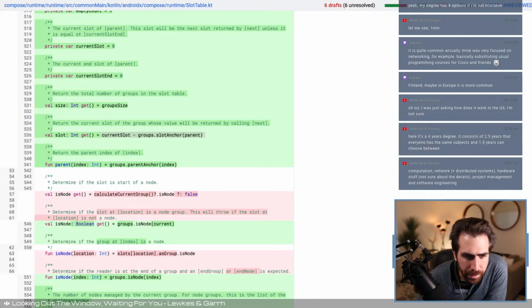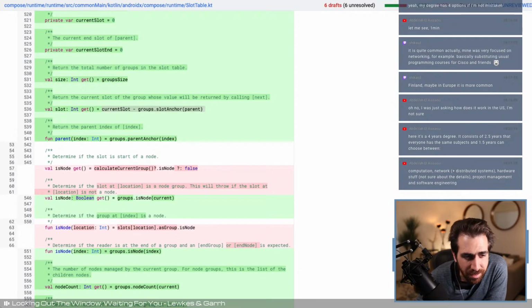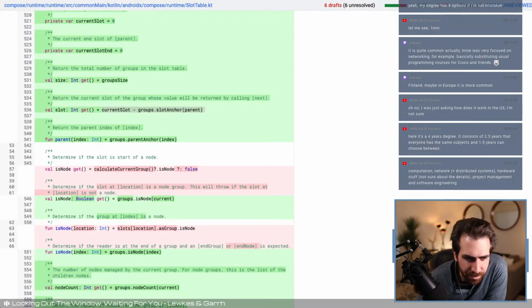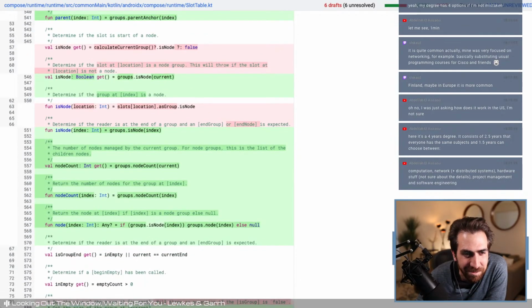So the parent index of index returns the parent index of index. Okay, so that means for slot of index, this will give me the parent of it. I guess that makes sense, but I just had to read that like 3 times, so I'm not sure that's a great sign, but